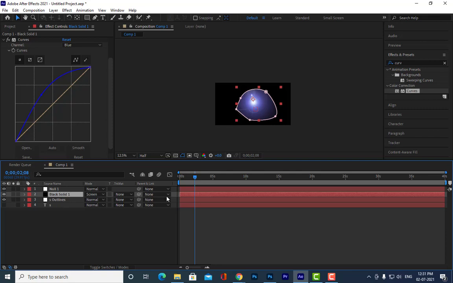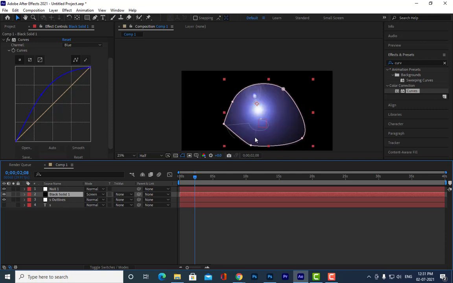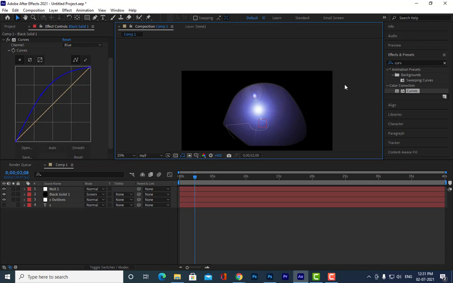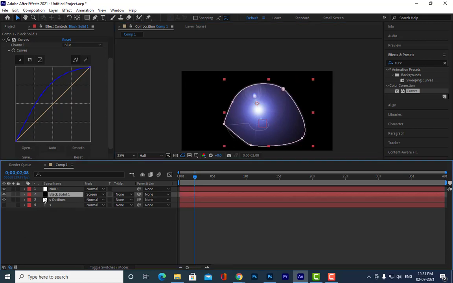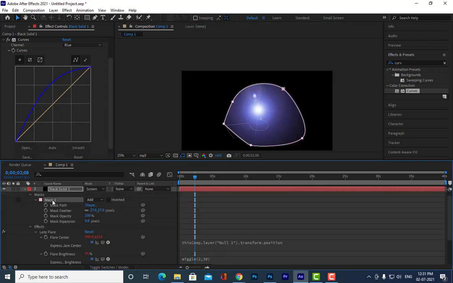It's only an optional thing. If you don't want those extra areas, you have to manually adjust them. Or one more idea I will give you: when you are first creating the lens flare, at that time only you use the mask. Is it clear, all of you? Let me remove the mask. It's not looking nice.